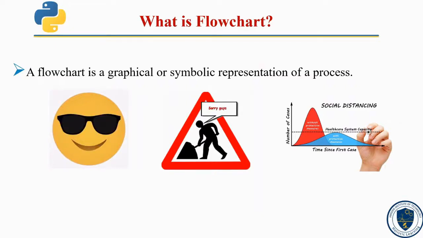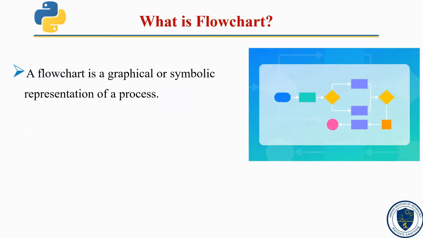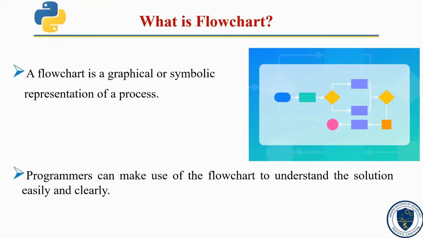Similarly, in development, to represent the workflow or the process of the project, we use flowcharts. From where you're starting your project, what are the different modules, what are the workflows, and finally where you have ended up with the result. It actually helps to make the communication easy between the programmers and the users. So programmers can make use of the flowchart to understand the solution very easily and also clearly. So while designing the flowchart, each step in the process is depicted by different symbols. Each symbol has its unique meaning and value.